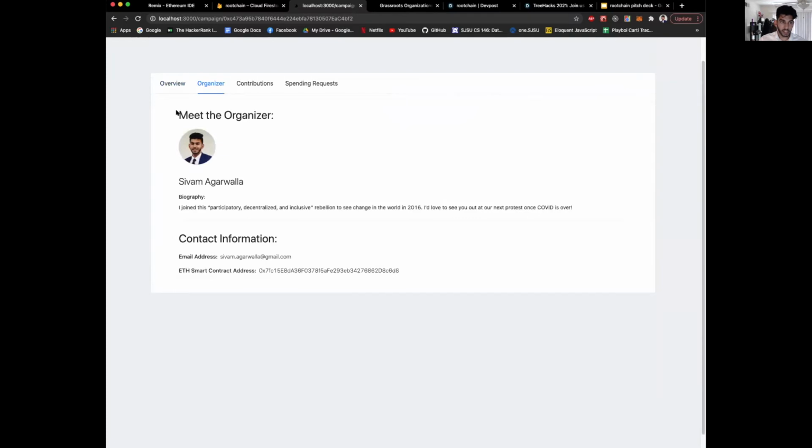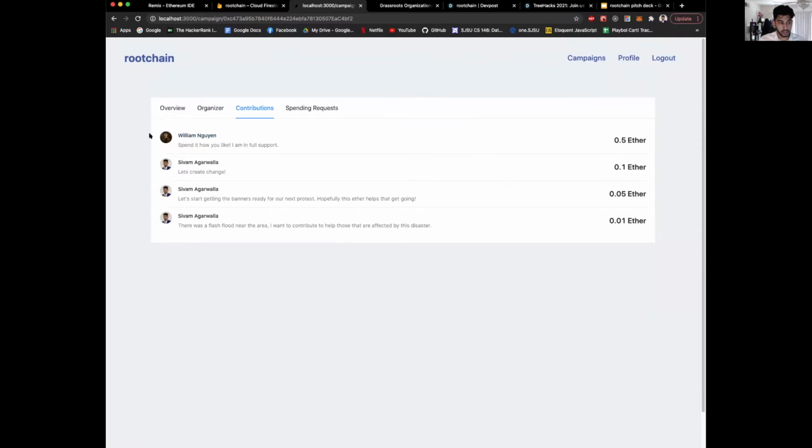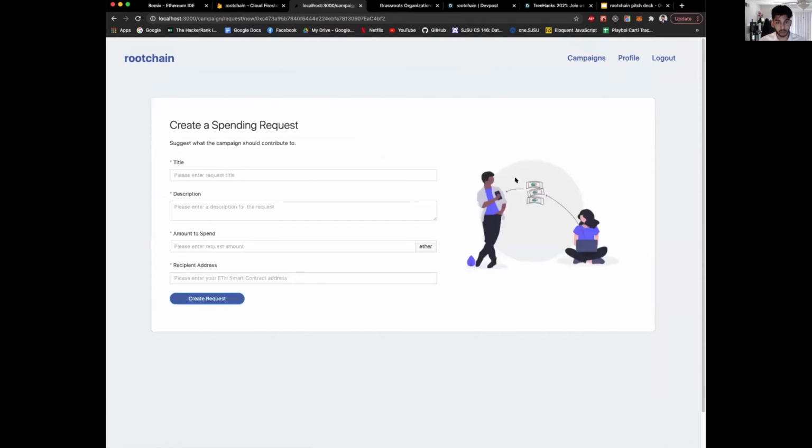We can learn more about the organizer in case you're curious, and also see a list of all the contributions, kind of tying back into the transparency aspect where anyone can see who's contributed what, when, and how much total money the organization has. The coolest thing is that the campaign organizers themselves can create a spending request to spend the money that's tied in with their campaign contract on the blockchain. So suppose I'm the campaign manager for this one. I can create a request and say something like protest gear, and I can say we want to fund people